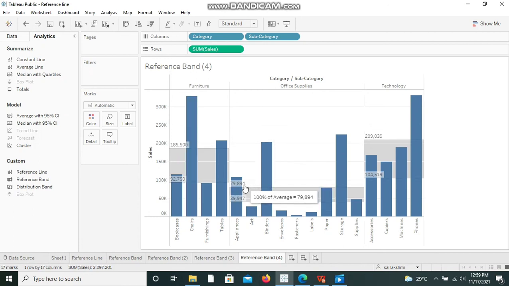And the same way for office supplies the value is different. For technology the value is different. Likewise we can compare it against each and every category this way. So this is how we can use reference lines, reference bands and distribution bands.